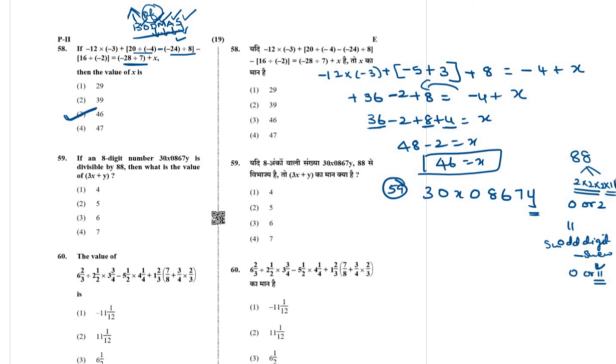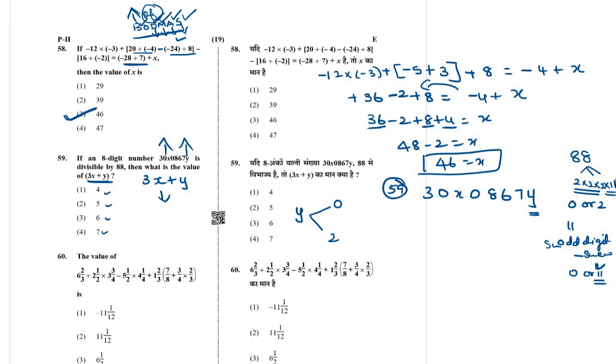So after finding the value of x, you have to calculate 3x plus y. Here x represents this value and y represents this value. After finding this value, we have 4 options. Options also we need to consider, otherwise we would have to find so many values here. First I am checking the y values, 2 possibilities, 0 and 2. First, y I am putting 0.